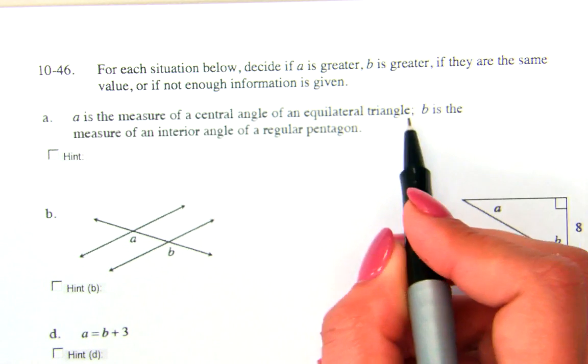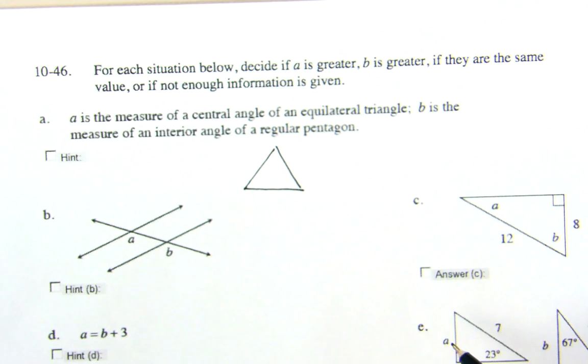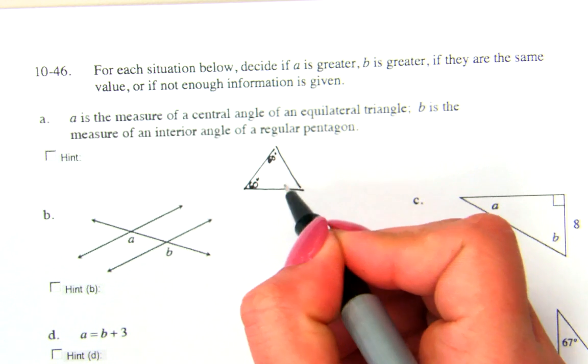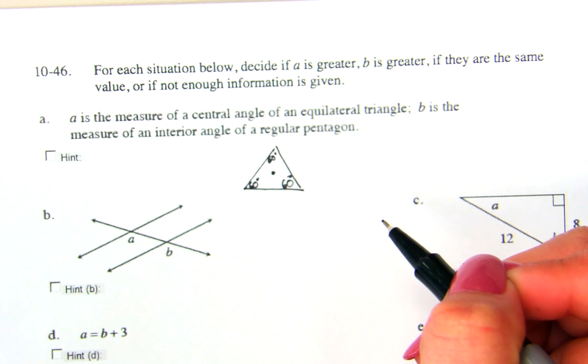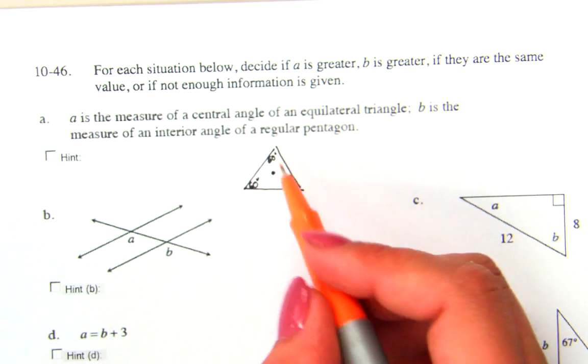Central angle of an equilateral triangle. Okay, well, here's an equilateral triangle. All the sides are the same. All the angles are the same. So I guess they're all 60. It's a central angle. So I guess it'd be like,